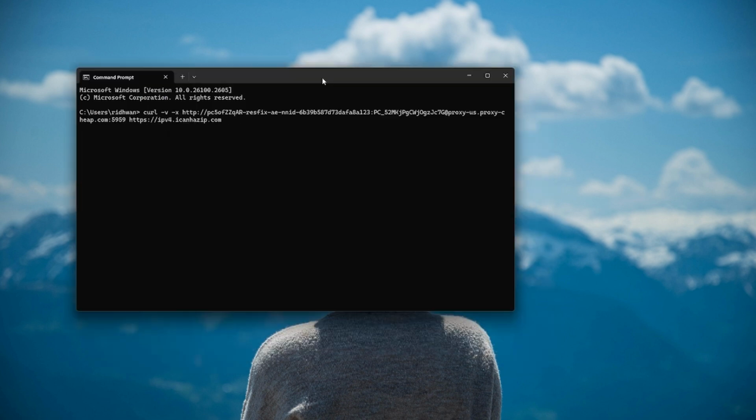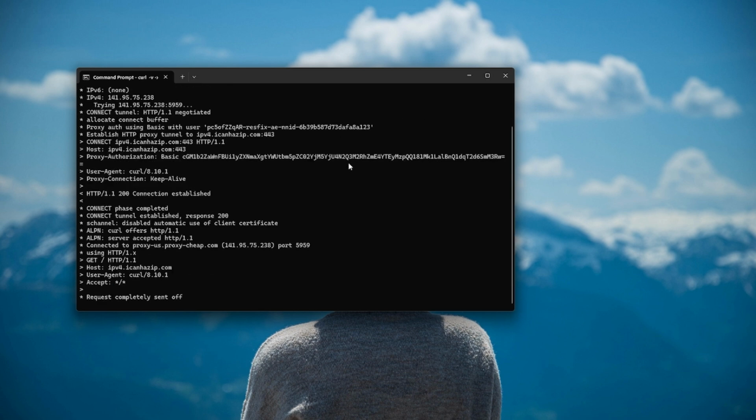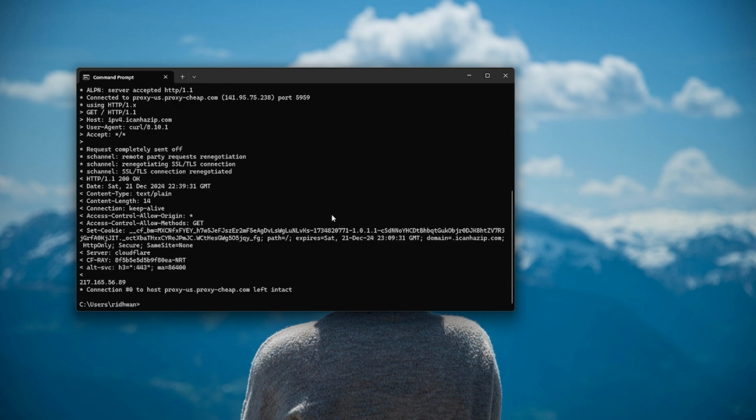Step 6. Run the command with unique token. The unique token is specific to the initial country you selected. For instance, if you initially selected a UK IP, then using the token will maintain a UK IP for the session. Refreshing the IP. Each time you want a new IP address, revert to NNID 0 to generate a fresh